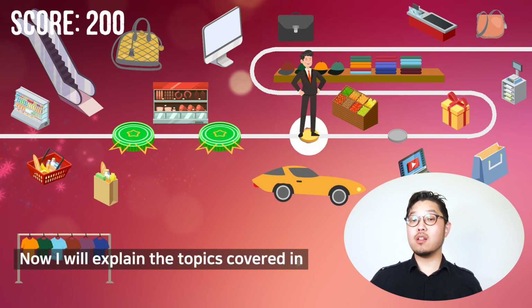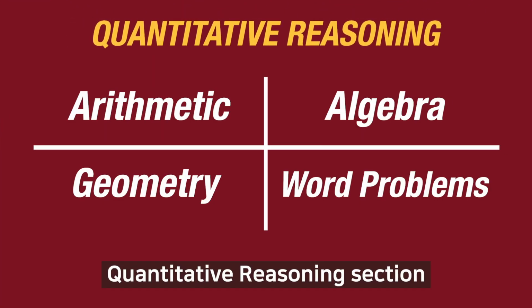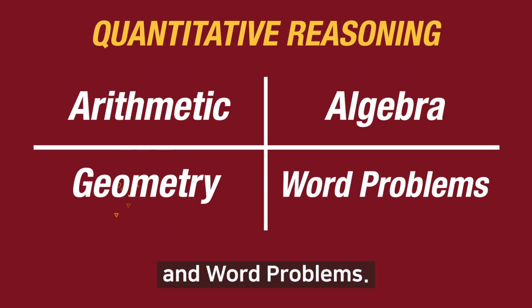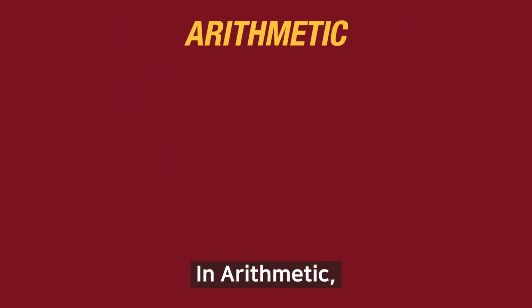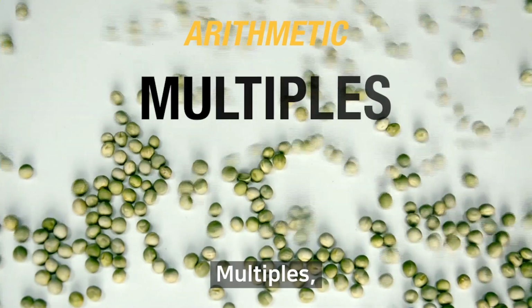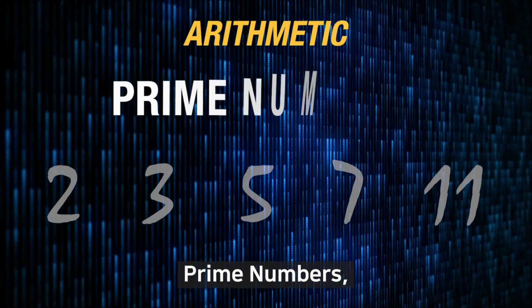Now I will explain the topics covered in quantitative and verbal reasoning. Quantitative reasoning section has 4 big categories: arithmetic, algebra, geometry, and word problems. In arithmetic, following important concepts are tested: divisors or factors, multiples, quotients and remainders, even or odd integers, prime numbers,